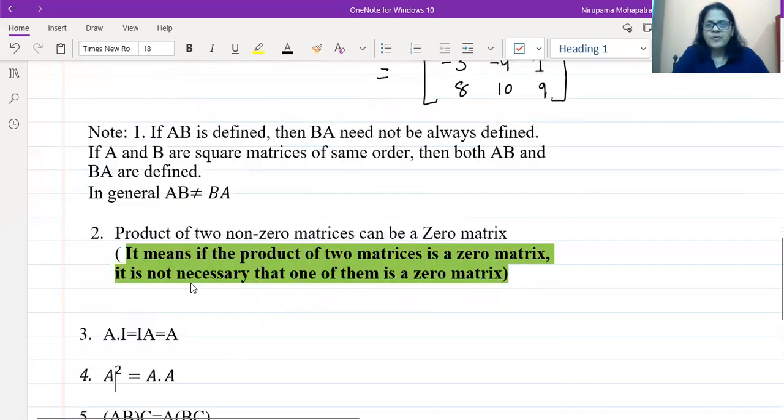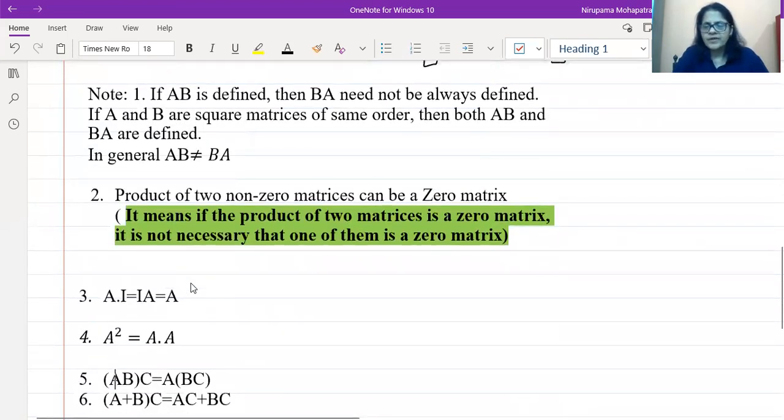Now, before we go to other questions, let us understand the basic properties associated with the product of two matrices. The first one: whenever we say the product of A and B is defined, the number of columns of the first matrix should be equal to the number of rows of the second matrix. Suppose AB is defined. The next thing is, if AB is defined, is BA defined?